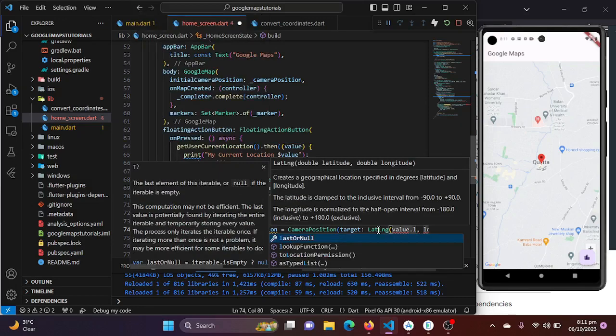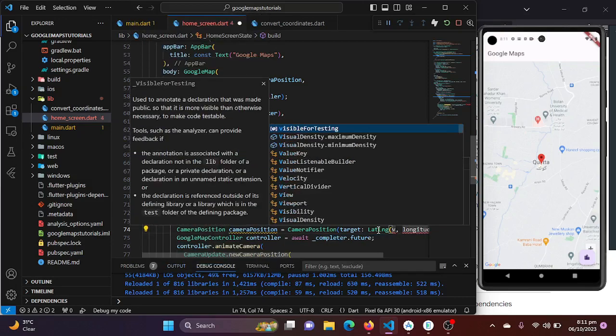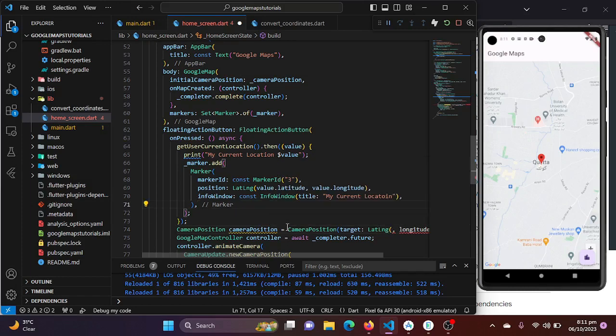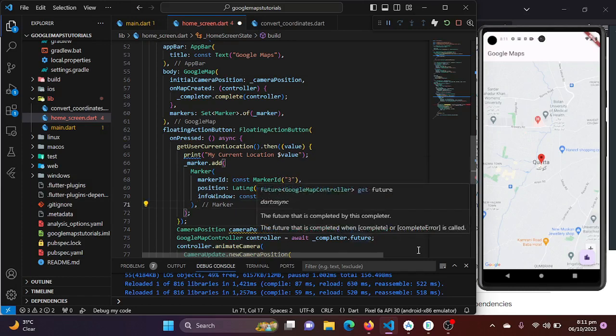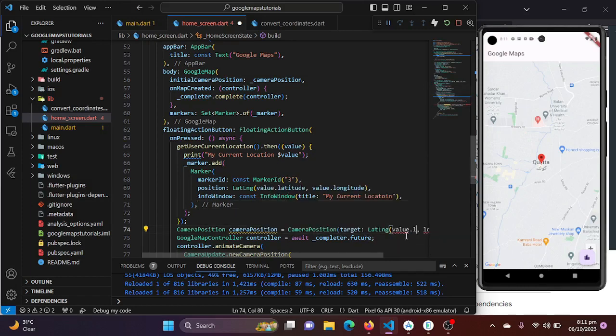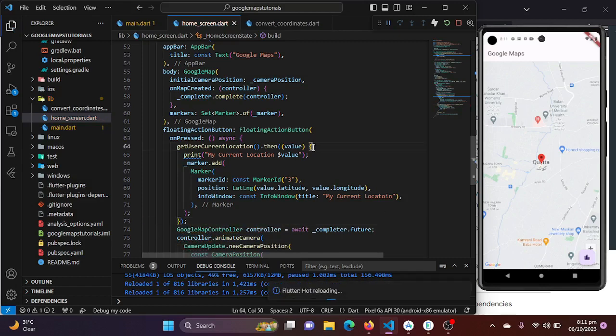Basically we will be just calling it inside our function, so inside our then function, so we can be able to access our